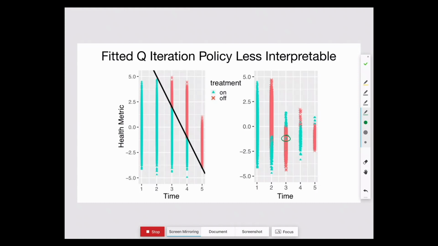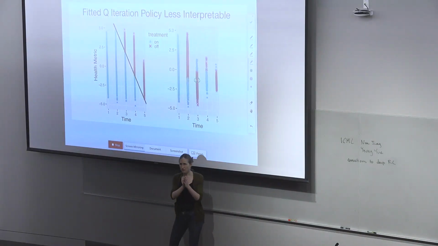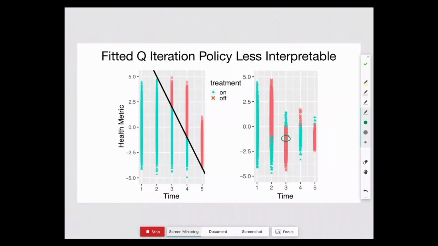You'd be like, well, wait, if this particular health metric, this is a simulated example, slightly changes, suddenly I turn it on here, but else I turn it off. That seems brittle in terms of the representation, because we'll generally have an assumption of things being smooth. Whereas what we did in our work is we imposed that structure on the policy class. We said our policy class has to have a linear threshold in this case. That's what we were searching over. And so we got things that look like this, which you can see have a very smooth aspect, except for a particular discontinuity.